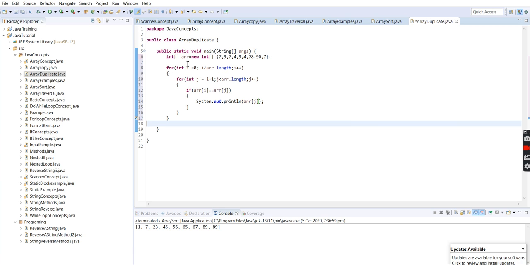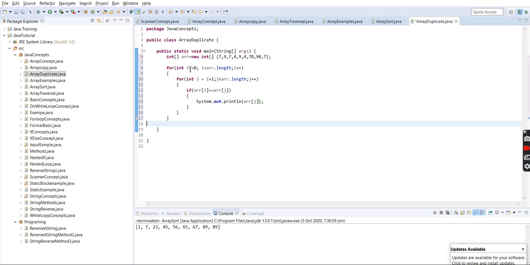This is how the nested for loop works. To complete the outer for loop, the inner for loop has to be completed fully, and only then can the value of I be incremented.